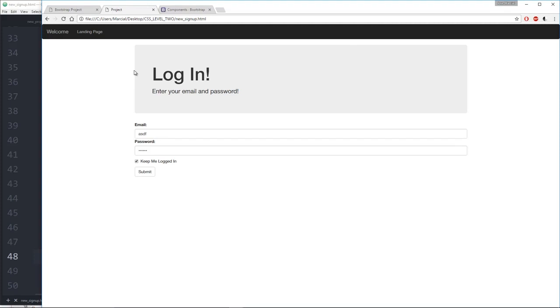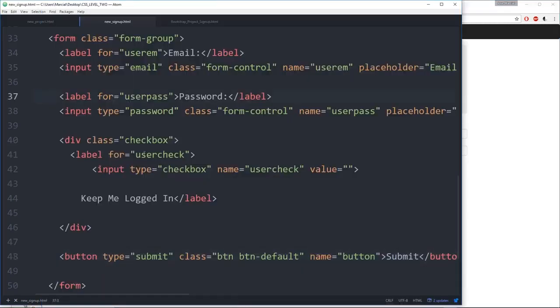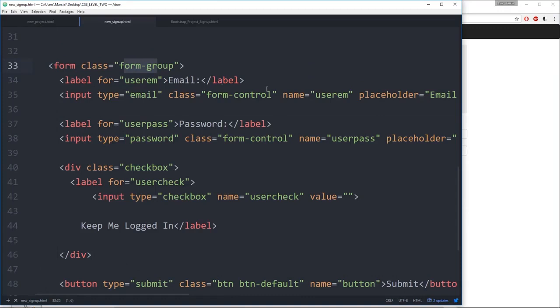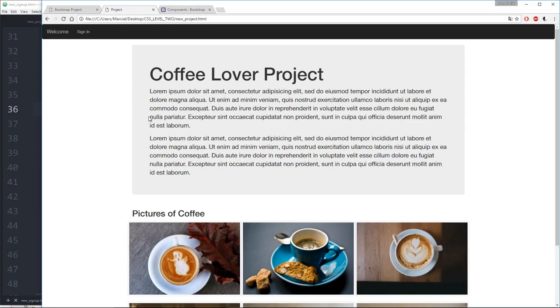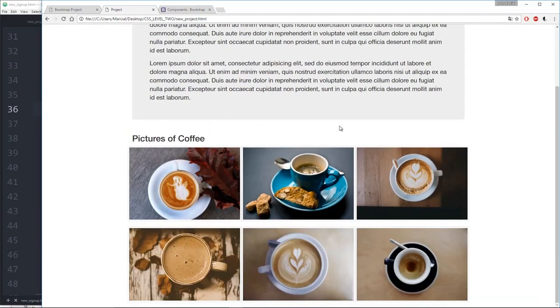Now, I know some things, such as remembering what these classes are, such as form group or form control, may seem tedious at this point in time, but these are things you're going to be using often enough when you're working with Bootstrap that you'll actually remember them. And I know I keep saying that you'll reference the documentation a lot, but even for simple things like this, which is actually a pretty good looking landing page, you don't have to reference documentation that much with the amount of practice you're going to be getting with